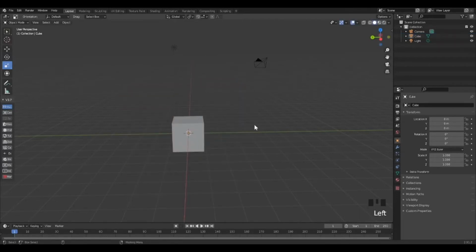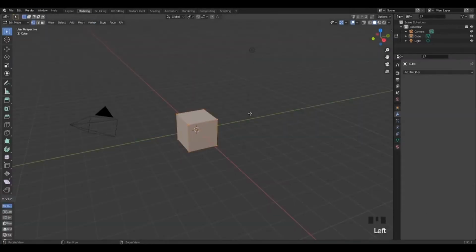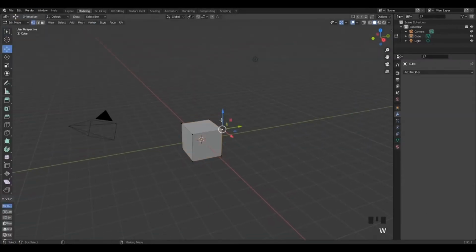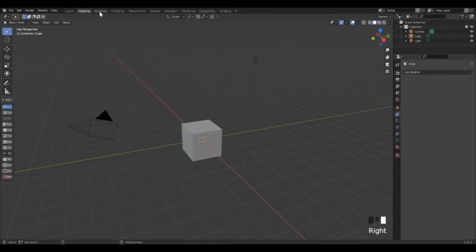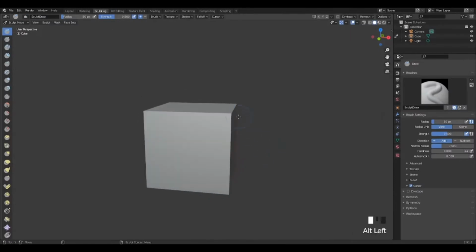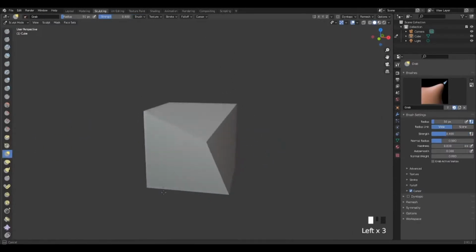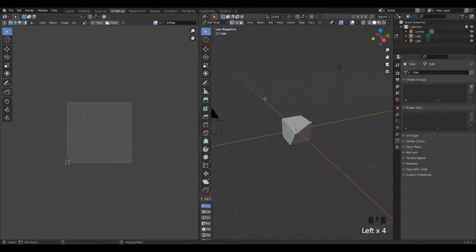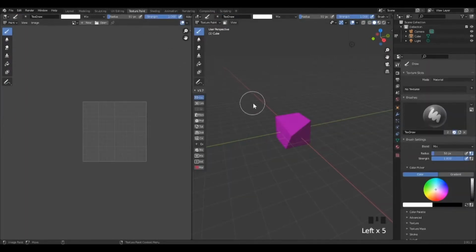I'm going to be going over some of the different tabs and the different options we have in Blender. First, we have the modeling tab, which is just used to control vertices, faces, and do general modeling. The sculpting tab, where we have a little bit more free control over how we want to interact with our object. The UV editing tab, which will be used to UV unwrap our object, which will help us when we're texturing. The texture paint tab, which can be used to paint on our object when we're creating the materials and